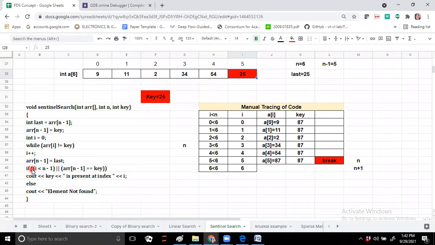So when we come to the last position, what are we going to do here? If it is 87 and 87 is put at the last position, how do we deal with this 25 element?